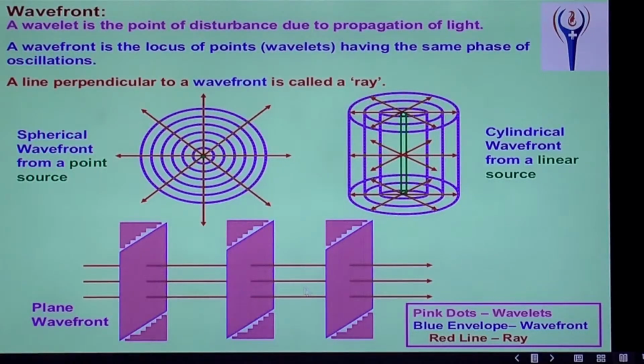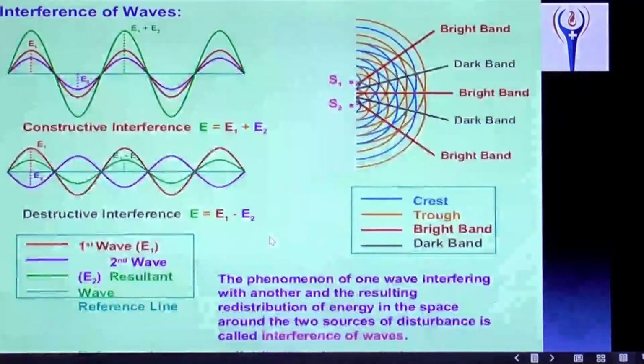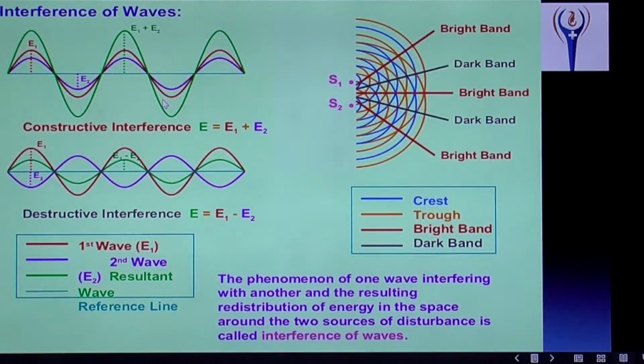That we are calling, for a straight line like this, a plane wavefront. Interference of the wave. What is interference? It is a phenomenon of superposition of two waves having the same frequency and same amplitude. That is called interference. And during interference, there may be increased intensity at some point and decreased intensity